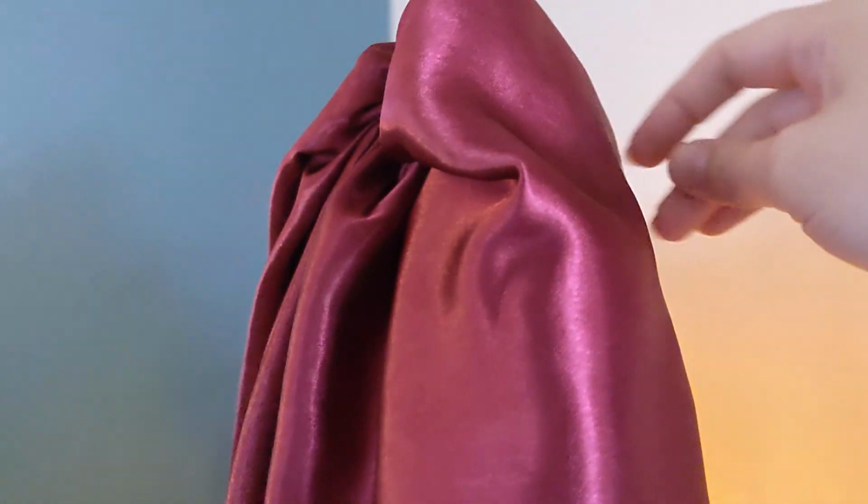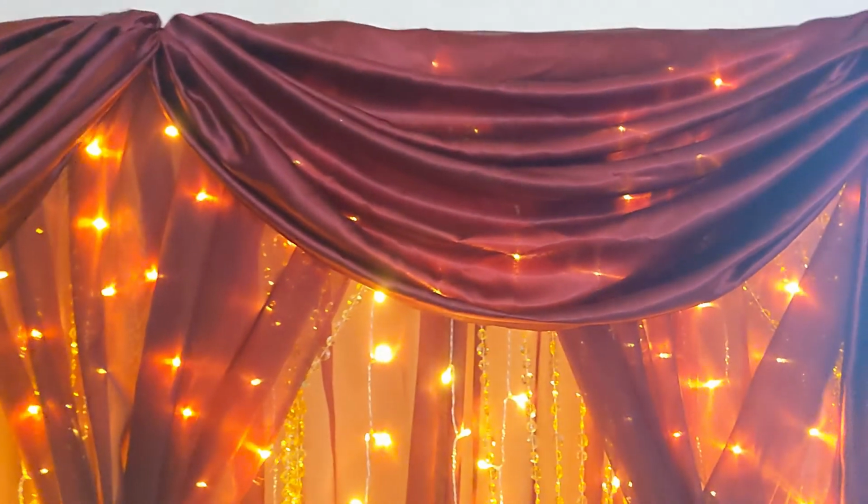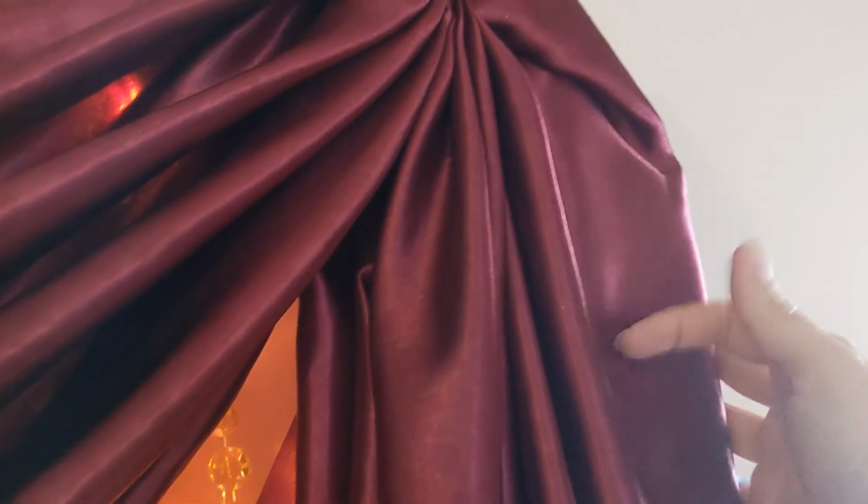And then I wanted to show you what this kind of looks like over here. So you can see how we cinched it. We got the wire sandwiched, so we have part of it coming over the top, and then it comes out the other side underneath here, and then we can just twist it, which you can't really tell. Twisting it with the wire, and then again securing it with a safety pin, and that's what's keeping this beauty up. And so it also affords us the nice kind of draped corner that we have here,